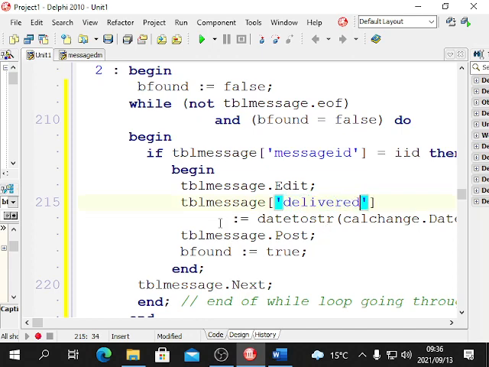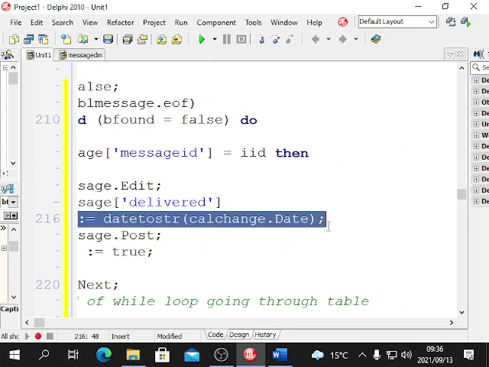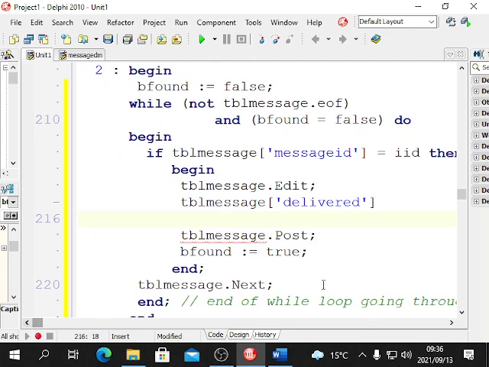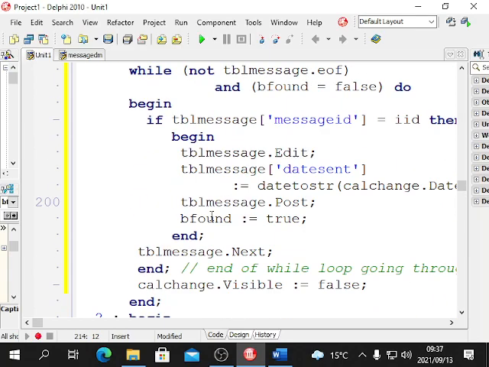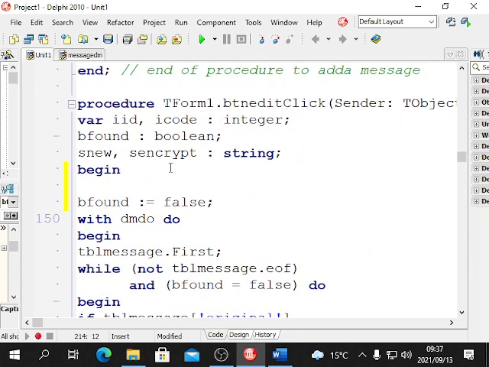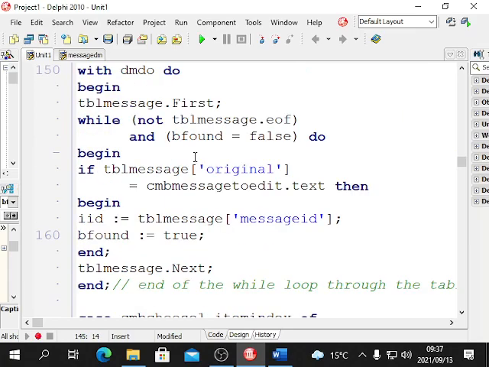Well, what is it going to be? Well, we can make a Boolean variable, okay, a bdel. We're going to make a Boolean variable called bdel in